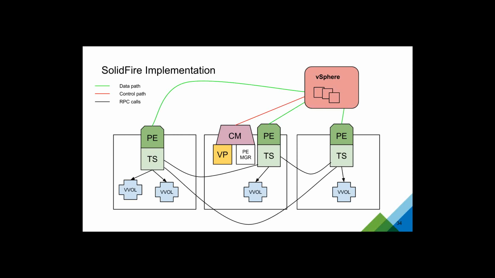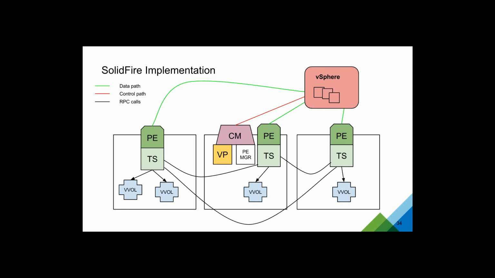This is just a very brief block diagram of how SolidFire does this. If you're not familiar with the SolidFire architecture at all, it's not going to make a whole lot of sense, but SolidFire is a cluster architecture where we have multiple nodes, and there's shared nothing between the nodes, so the nodes are pretty much independent. We have what's known as a cluster master, a thing called CM here in the center. It will be on an available node. The cluster master itself maintains the VASA provider and some of the other management stuff that we do with the protocol endpoints.